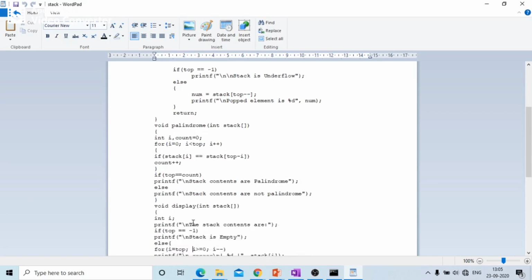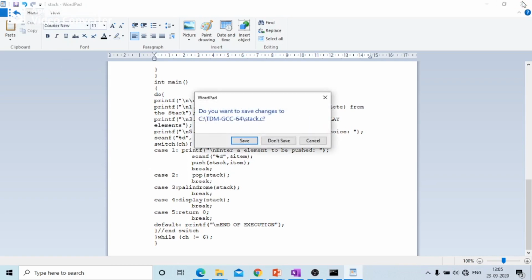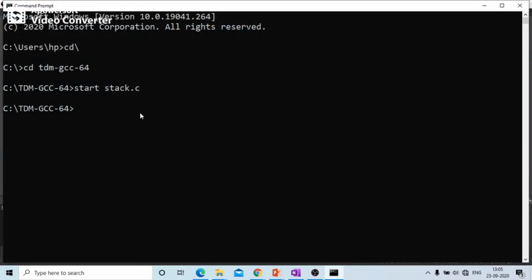Once you have made the changes, earlier in the main function, in case 2, there was item equal to pop of stack, which is now just pop of stack. Item equal to was deleted as I am not returning anything from the pop function. That is why this is sufficient to run the program. So these are the changes I have made in the program. After that, I will save it. After making the changes, I will compile the program, because whenever you make any changes, even a small change, if it needs to be applicable in your output, then you have to compile it. So compile that and store the output.